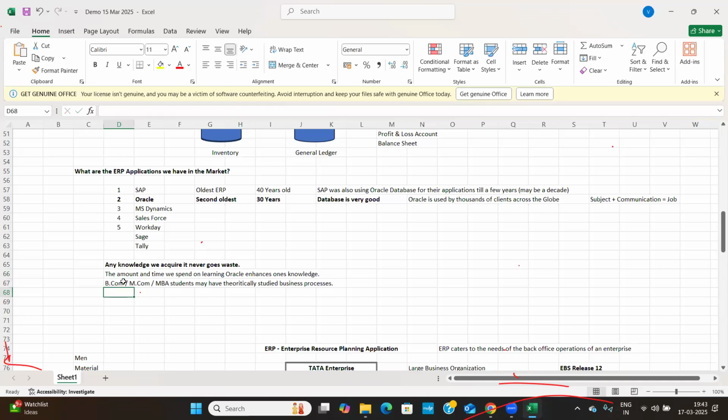Here, Oracle software is developed taking the global standards, world-class standards. Otherwise, we can say taking the best practices into account. So when you learn it, you know the entirety of the business, all the business, how